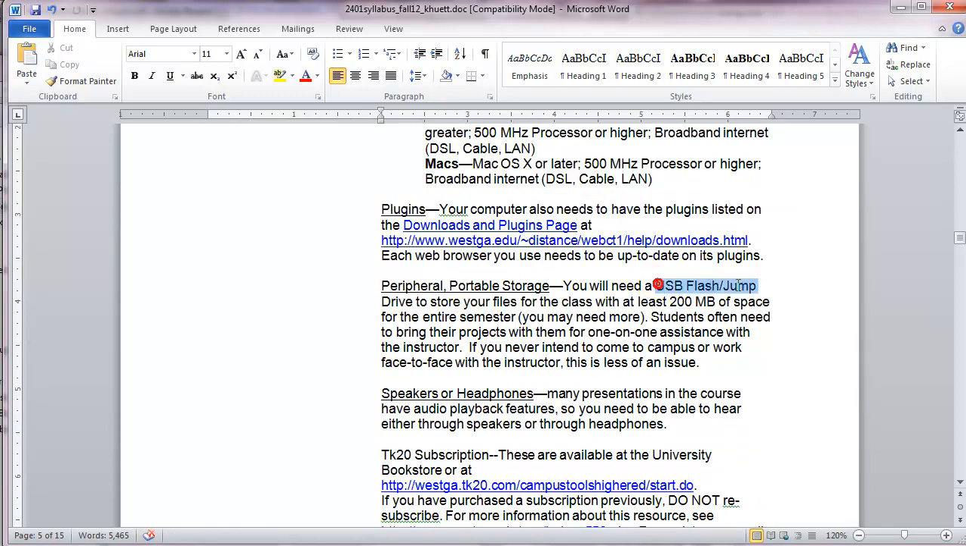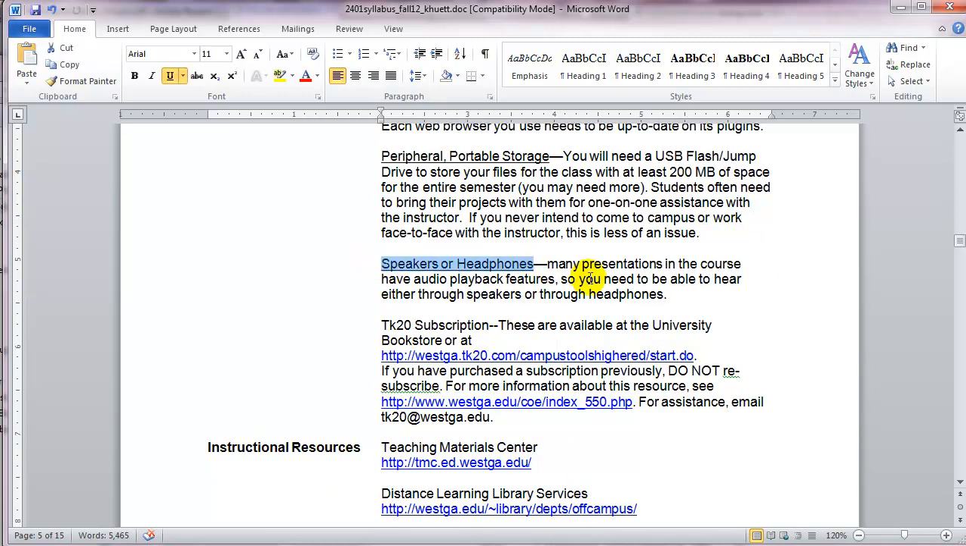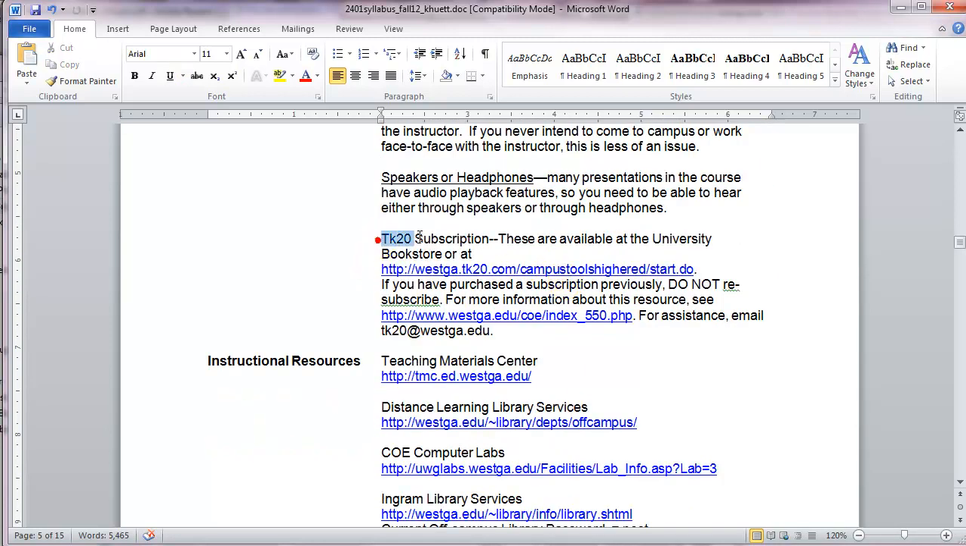You'll also want to have a USB jump drive so that when you come into class on those evenings that we have a face-to-face session, you can port your things to and from class. You want speakers and headphones so you can listen to videos like this one, and you'll want a TK20 subscription,